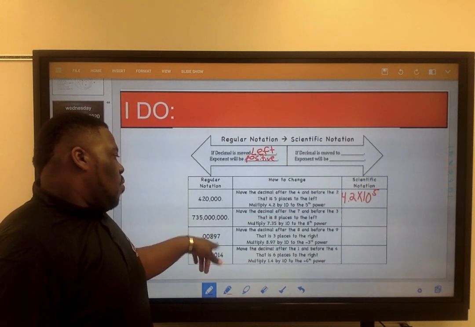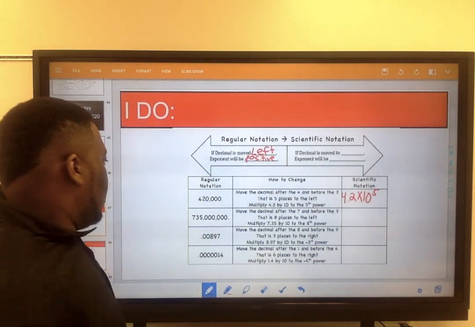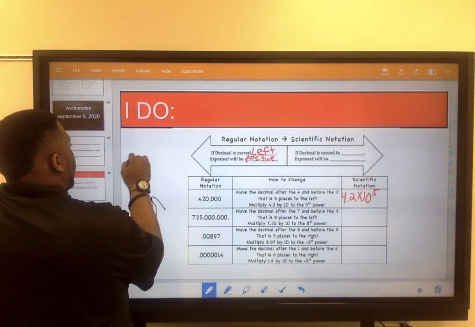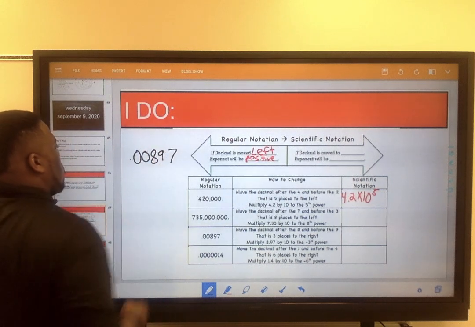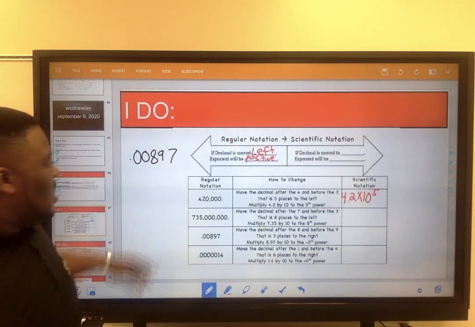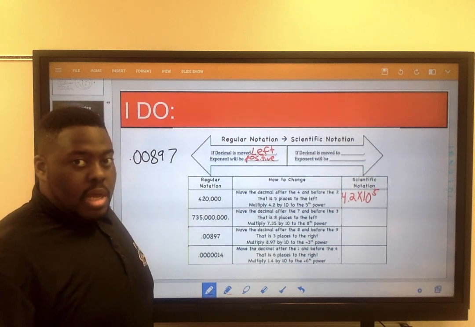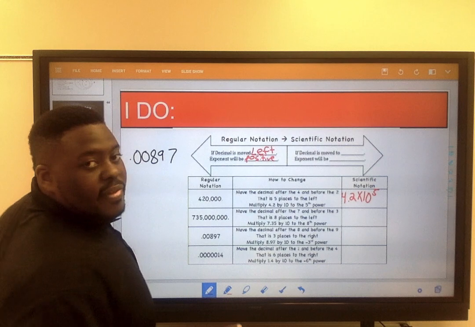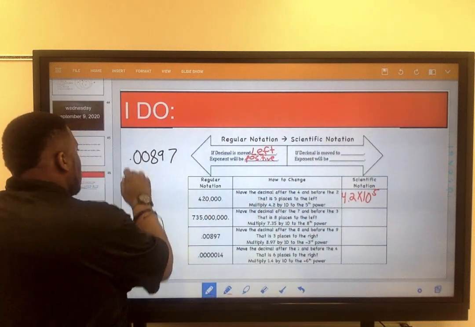Now let's move to when you have a decimal already there. Let's start off with this one: 0.0086. Now notice something. The decimal is not at the end, it's actually at the beginning. So we can't go to the left anymore. We have to go what direction? To the right. So 1,